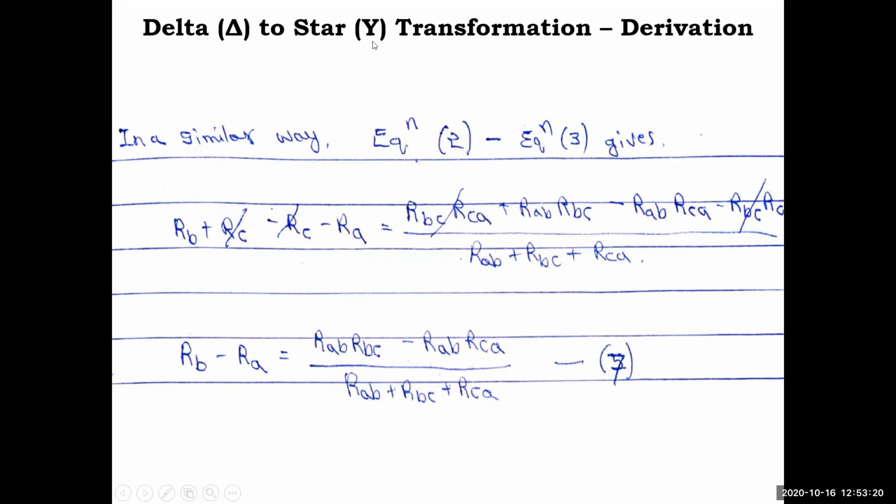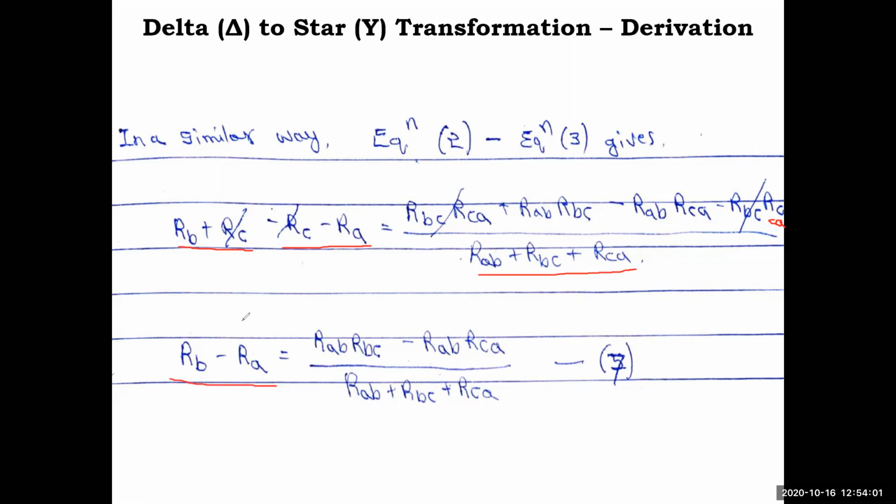Equation 2 you have RB plus RC, and then equation 3 you have RC plus RA, so it becomes minus RC minus RA. So from this what did you get? RC cancelled out, RB minus RA you got. Similarly here, multiplied that in the bracket, whatever is there: RBC RCA, RAB RBC minus RAB RCA minus RBC RCA. RCA here may not be clear, so just note RCA. RCA was the common there, so it is multiplied with RAB and RBC. Divided by this will not change, so the LCM is common. So now here RC cancelled out, so you got a new set now, RB minus RA.